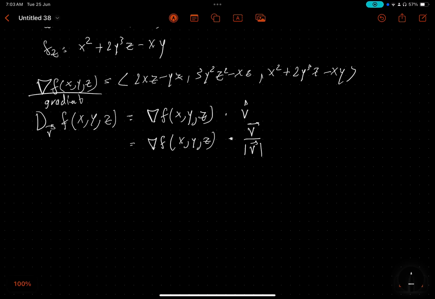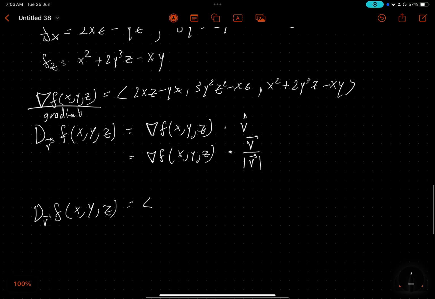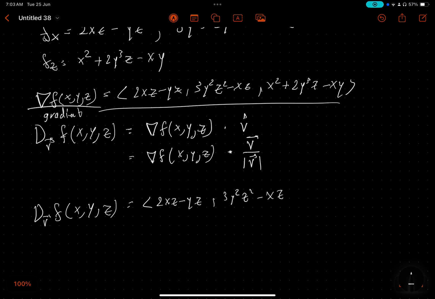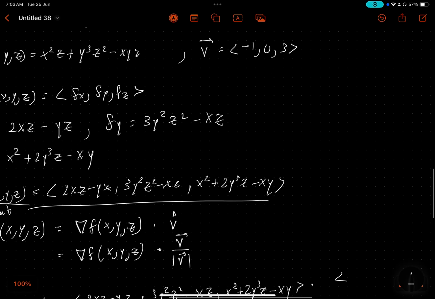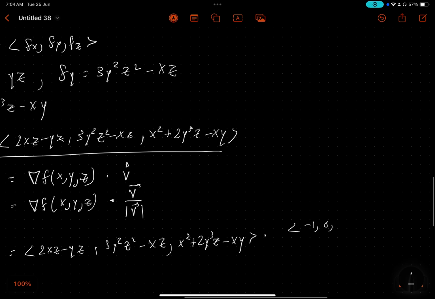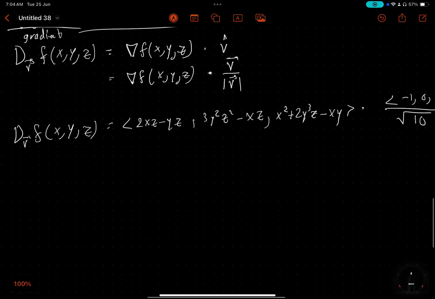Okay, so how can we do that? Let's first find the magnitude of v. So the directional derivative is basically f of x, y, z, simply this: 2xz minus yz. I'm going to write the gradient: 3y squared z squared minus xz, x squared plus 2y to the 3z minus xy, multiplied by the vector v, which is minus 1, 0, 3, divided by its magnitude, which is square root of 1 squared plus 3 squared, 1 plus 9, square root of 10, which gives us finally the directional derivative D_v f